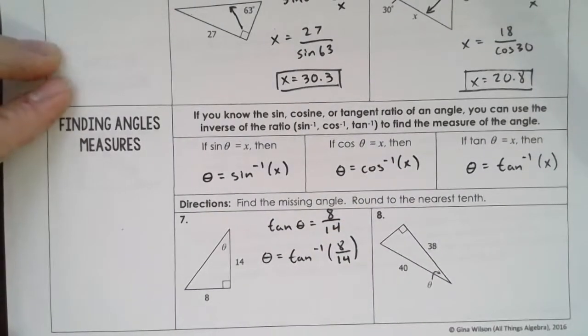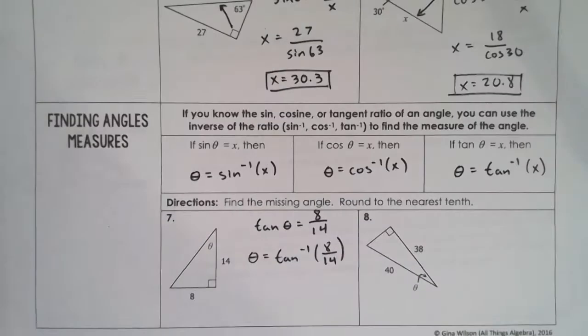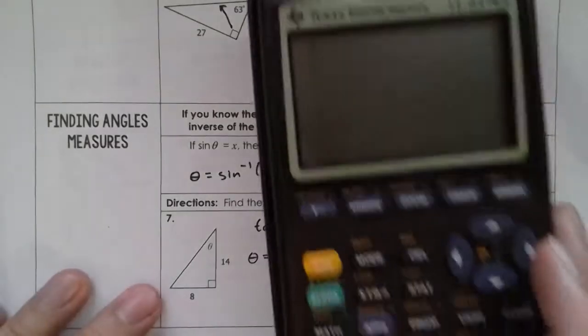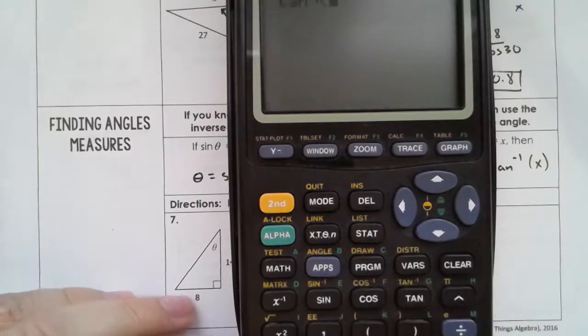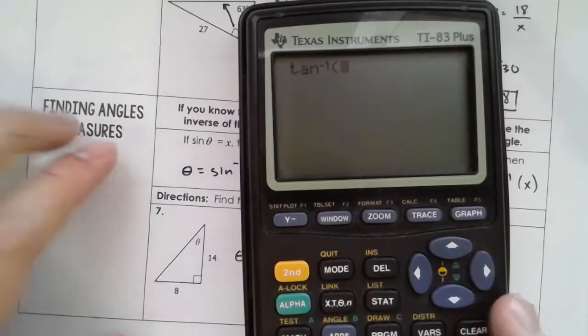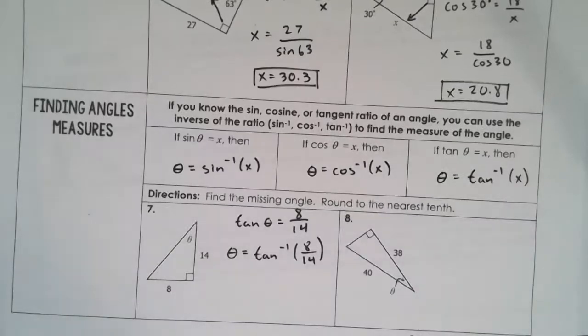Okay, and then put that in your calculator, and your mode stays the same. You want to have it in degrees because your answer is in degrees. So tangent, and how do you hit the inverse function? They're located right above the actual trig function. So hit second, and then tangent, so it's going to look like this, and then put 8 over 14,